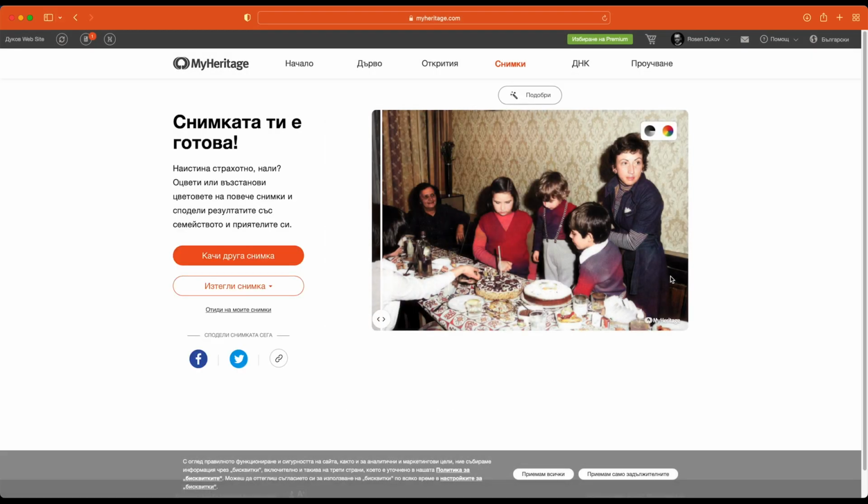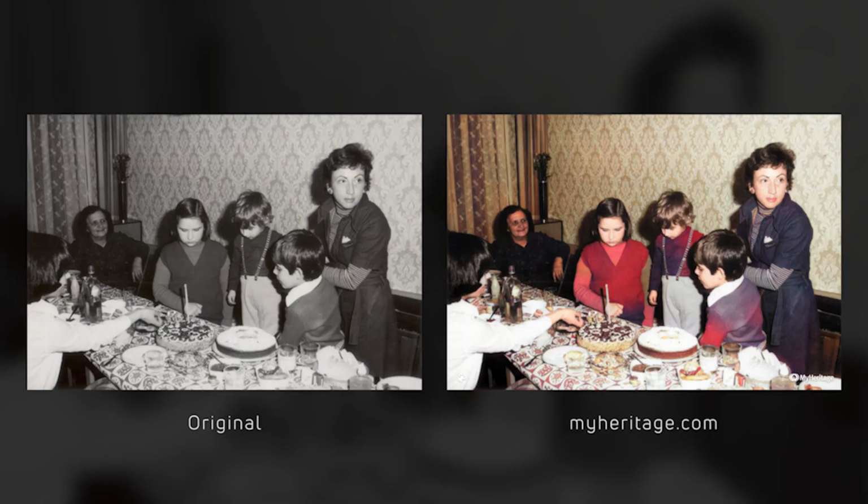This is the family photo. MyHeritage is a website to create your family tree, and they allow you to upload black and white photos and colorize them based on their algorithm. So here we have something which is strange, especially for the clothes of the children. About the rest of the elements, actually I feel much better because, for example, the peppers here and the liquids, the cake, the wood, the wallpaper, even the skin tones on the woman, they feel much better for me.